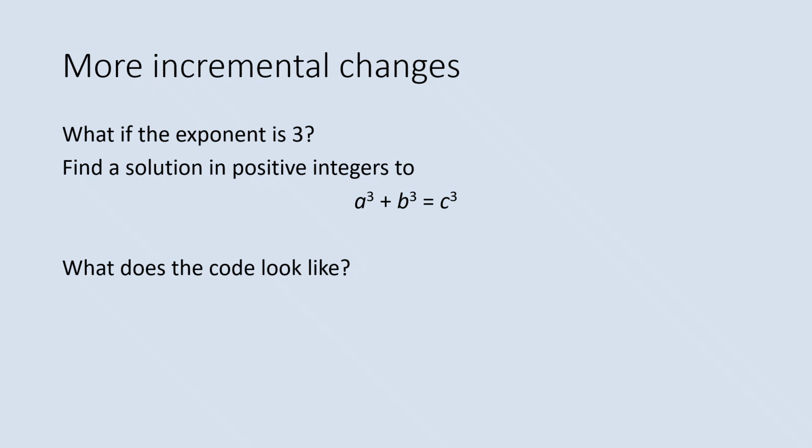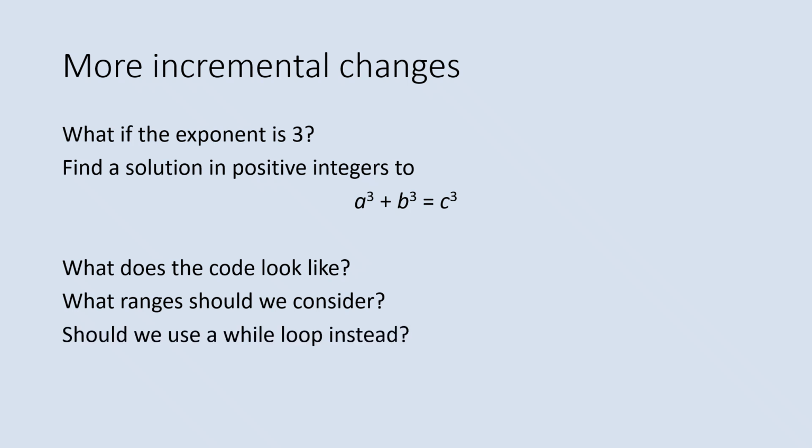And so we look back at the brute force code that we just created and think about what we would have to change to make that apply to this particular equation. What would the code look like? What ranges should we consider? Since we don't know how many times we're going to do this, rather than having a counted for loop, should we consider a way to use a while loop? Because a while loop can handle an unknown number of repetitions. And so there are some things we could think about,